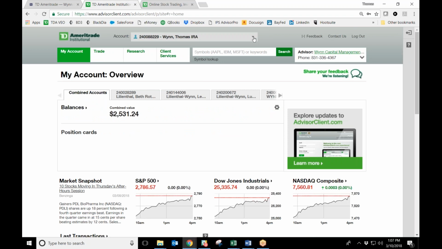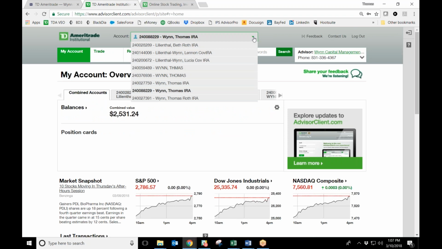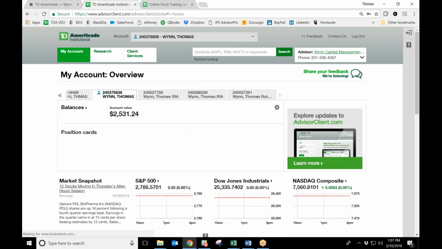I've got a whole bunch of accounts on here, and the one that is taxable that would have a 1099 for me is this one. So if you have multiple accounts, you might have 1099s that are in IRAs, some people have 1099s for IRAs, but most people have 1099s for taxable accounts. In my case, that's the case. So I'm navigating to the one that has a 1099, and